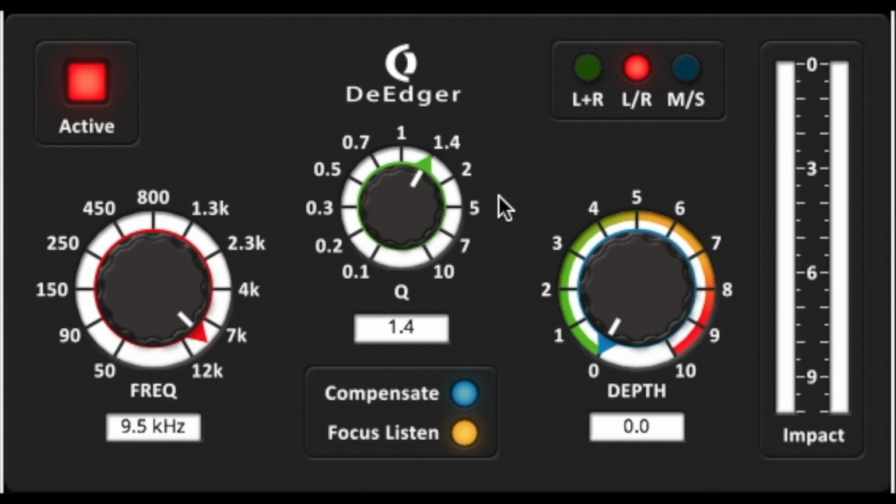And see how even at a really high depth, it's quite a subtle effect. Let's take focus listen off. We'll disable the plugin and then we'll enable it, and hopefully we'll be able to hear that change, as subtle